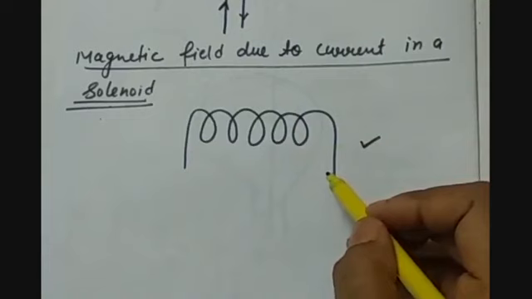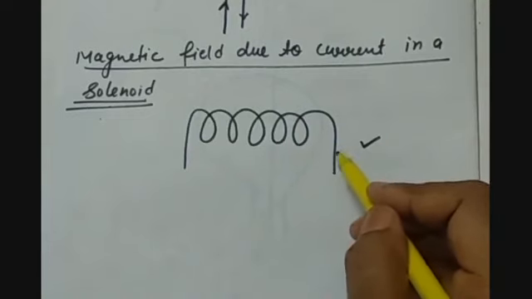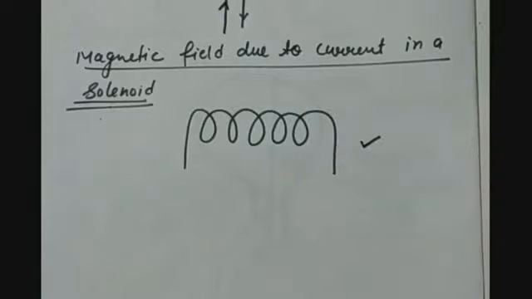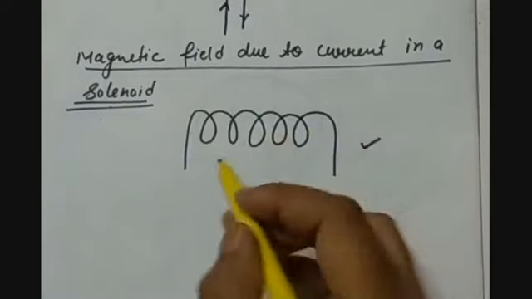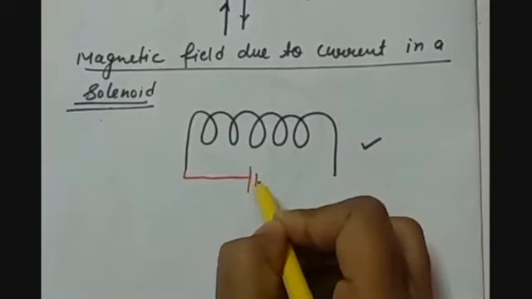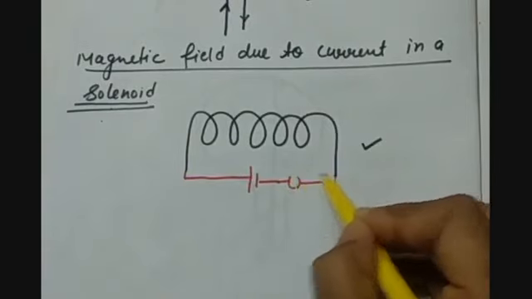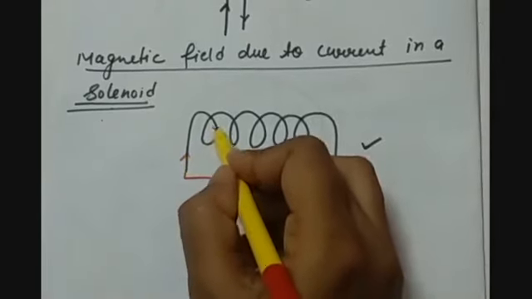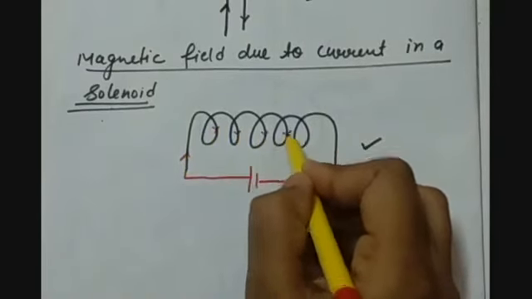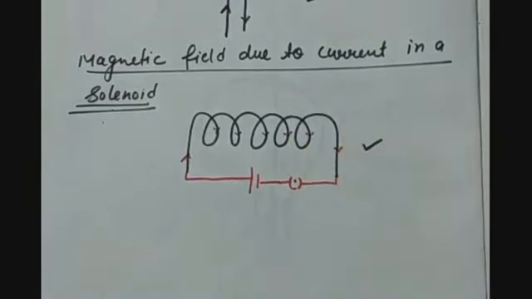If we talk about the magnetic field produced in the case of a solenoid when it is carrying current, what kind of magnetic field will be produced around it? So if we connect this solenoid with the battery, dear students, we know that this is the positive terminal, so current will flow in this direction and it will come out this way. So what kind of magnetic field is going to be produced? Just imagine this is similar to the circular loop, and how are we going to compare it?